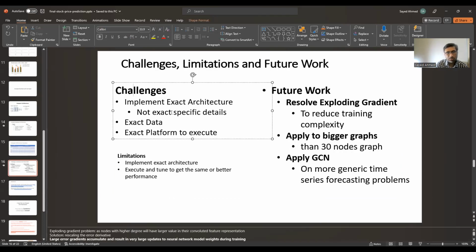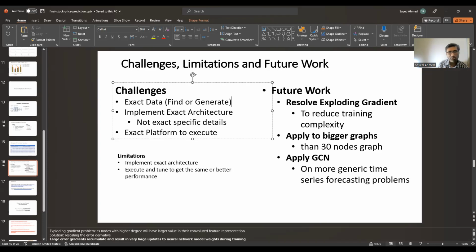Okay, these are my challenges. Implement exact architecture. And then find or generate data, especially for the financial news.